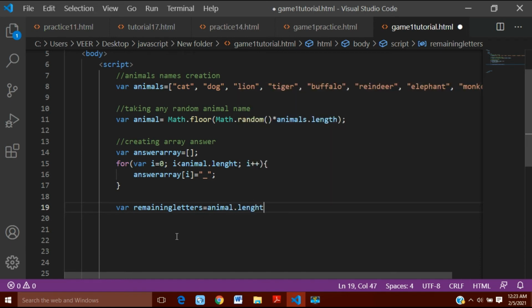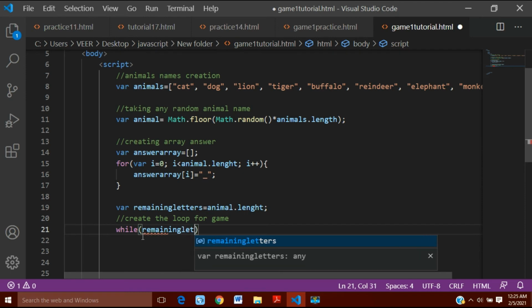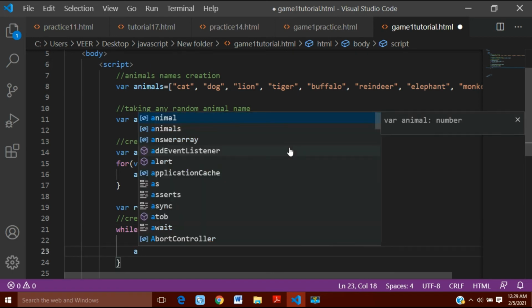Okay, and after this, what I'll do is create the loop for the game. And what is the loop for the game? Until the remaining letters are more than 0, the same action should take place. My loop should end when the remaining letters are 0, but when they are not 0, it should keep on going. For that I will use a while loop here. If remainingLetters is greater than 0, in that case in the alert it must give